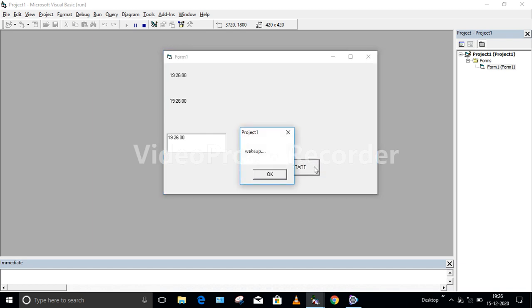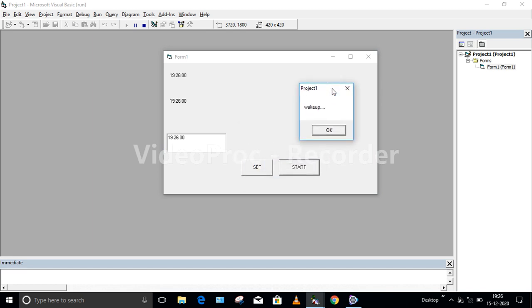Now here you can see there was a beep sound. What happened here is that whatever input I have given has been copied into label 2, and according to the code, it is comparing the time of label 1 and label 2. Once both the timings match, it is going to give you a beep sound.